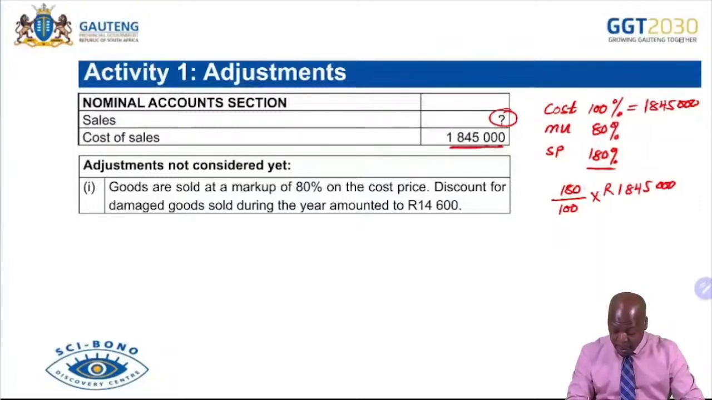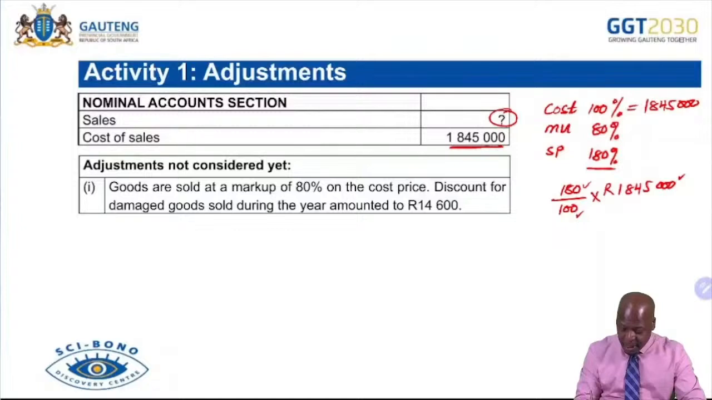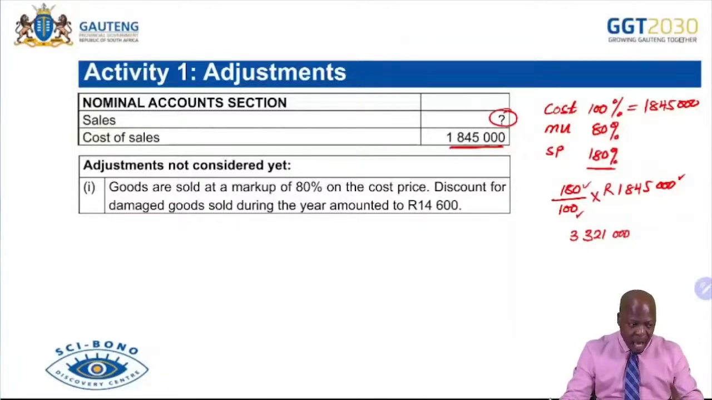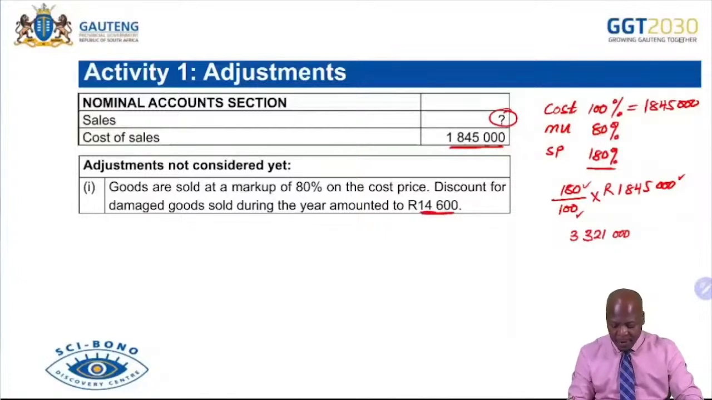We're saying 180 over 100 multiplied by 1,845,000. Someone is saying, Mr. Simbi, I'm getting 3 million. Say it again. 3,321,000. So you're getting 3,321,000. This is the sales amount that we are supposed to get. But remember, this is the amount before we have given this discount for the damaged goods. It therefore means if I'm to get my sales after, I'll come here, then I'll say minus the